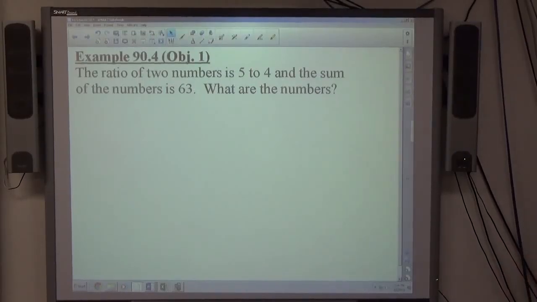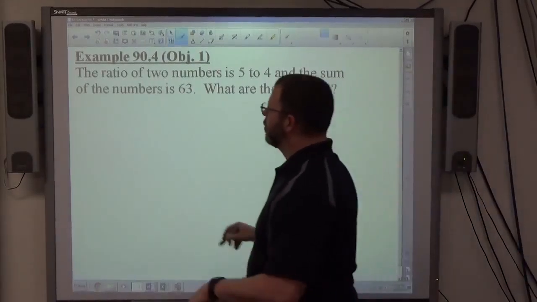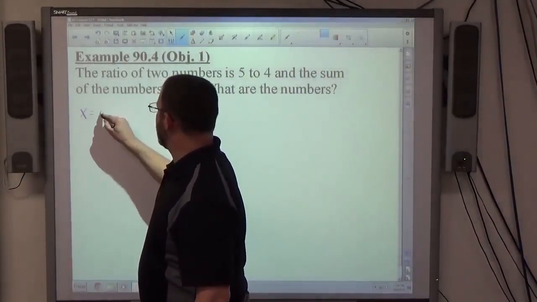Okay, the last one I want to look at today starts off with the ratio of two numbers is 5 to 4. So we have two numbers, right? Yep. And I don't know what the numbers are, so let's just call them x and y. X equals one number,